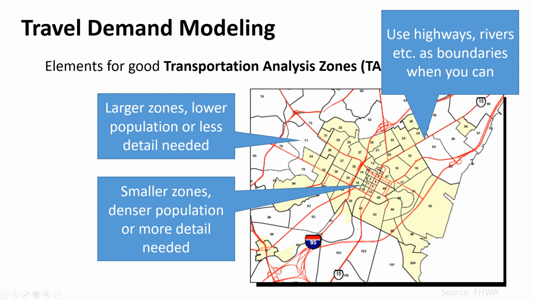And to do that better, we have to have fairly accurate zone descriptions and good resolution where we need it, right? And so if we're worried about how many people are coming into downtown, we're going to need some smaller zones down in here so we can model it better. And I showed you the example from Chicago last time. Right down near the loop, they have very small zones, a few blocks per side. Whereas out further away from Chicago, they have very large zones that cover sometimes half a county almost. They don't need the resolution out there. They need it near downtown because they're trying to model how many people are coming into downtown.